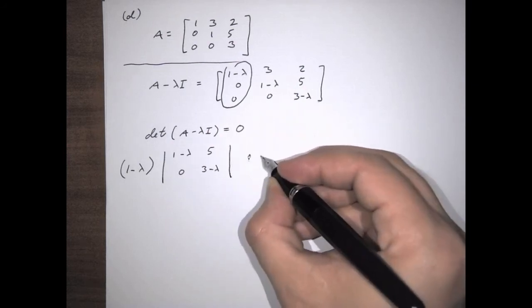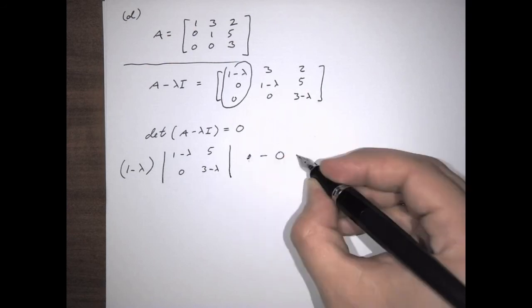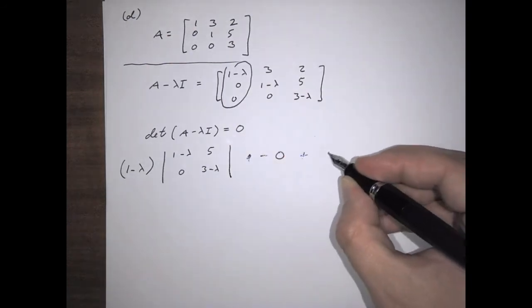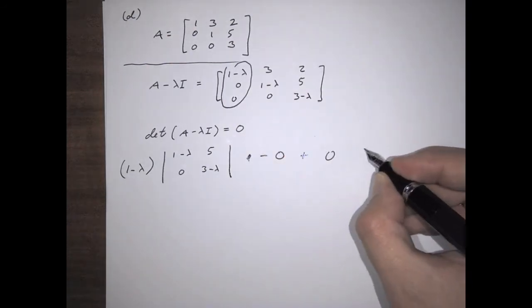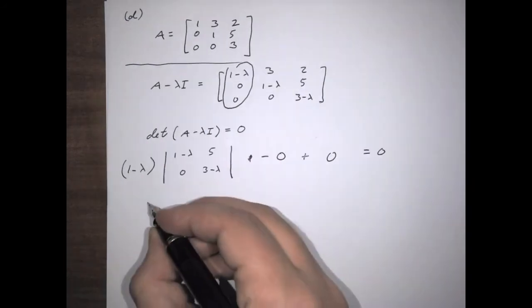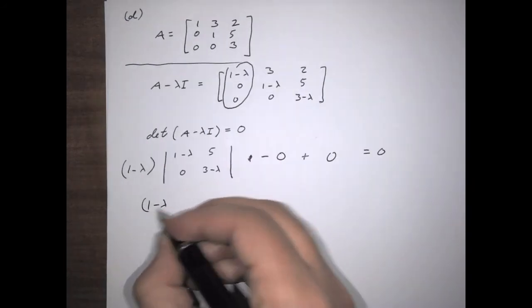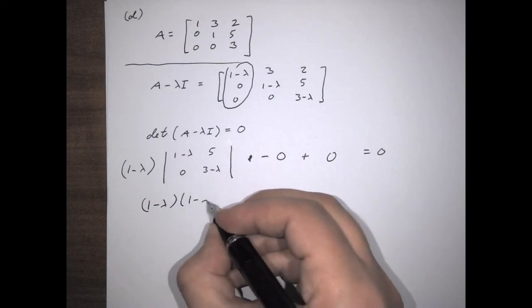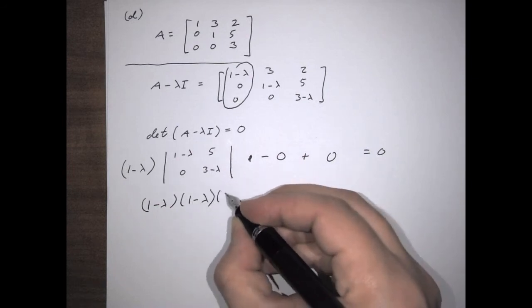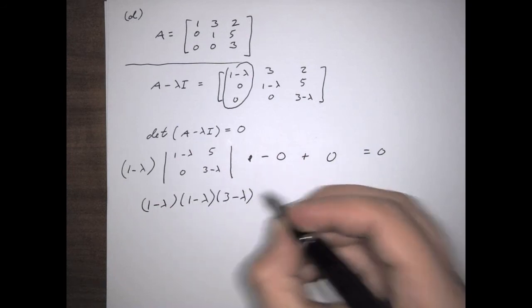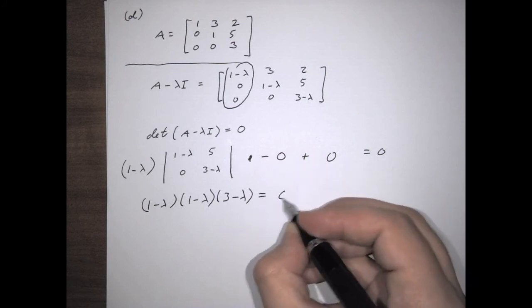So then actually technically I guess minus 0, according to the checkerboard, plus 0 equals 0, which gives us 1 minus lambda times 1 minus lambda times 3 minus lambda equals 0,